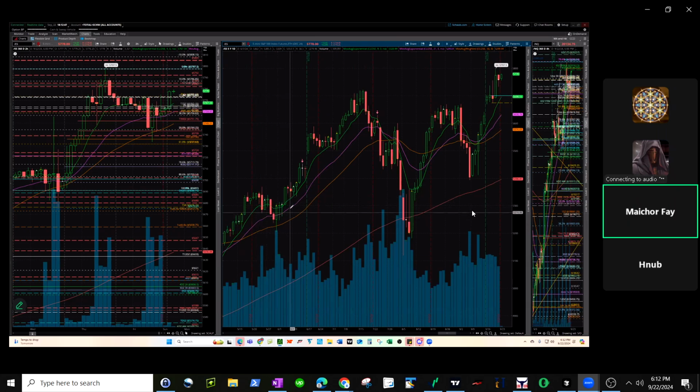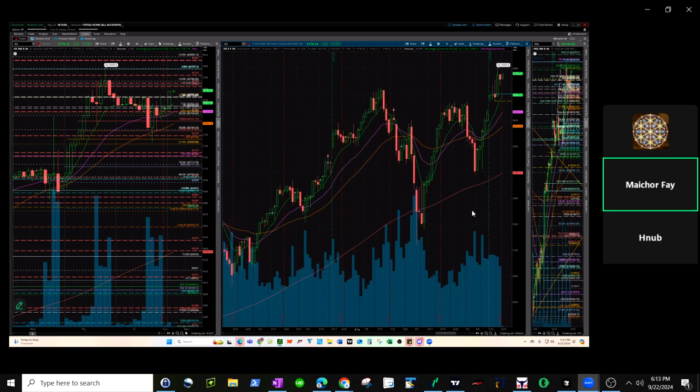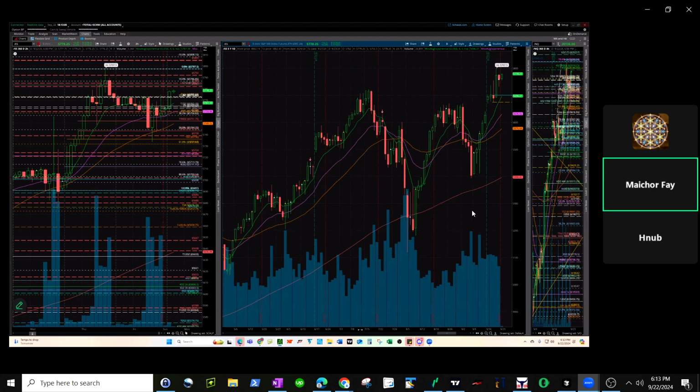area. Demand zones and supply zones are areas where you think market makers are going to come back in and they have a lot of orders there that need to be filled. So if I look at this, a lot of consolidation there, then I typically don't see it as a strong zone, so I don't really take it. I usually wait for other confirmations. Okay. But supply zones are